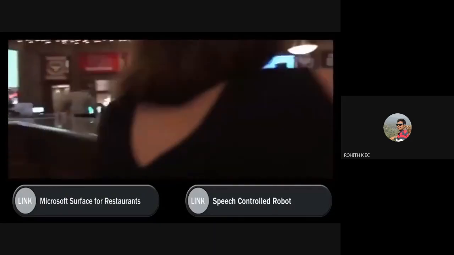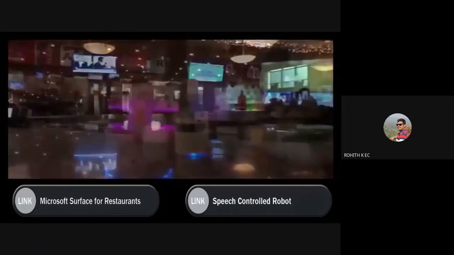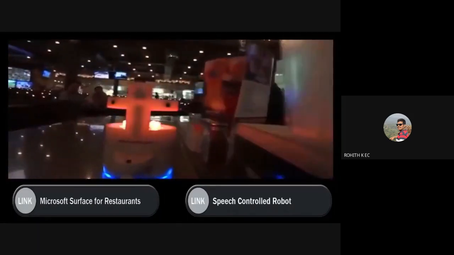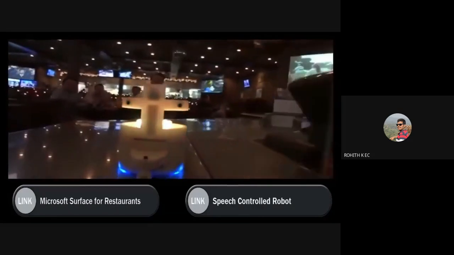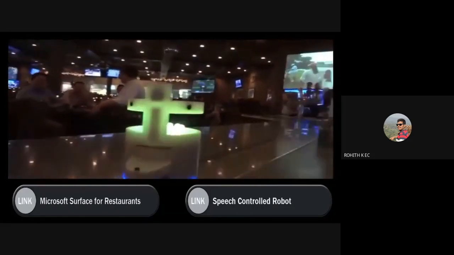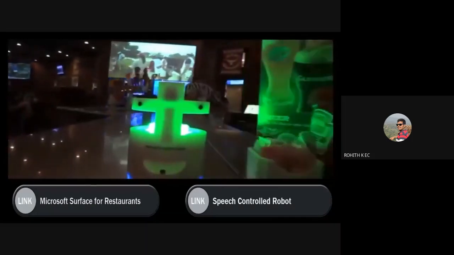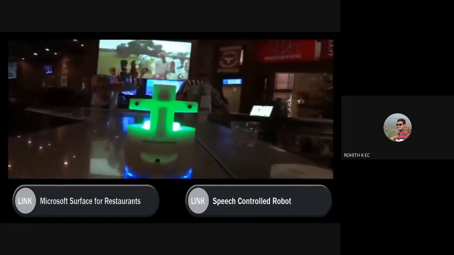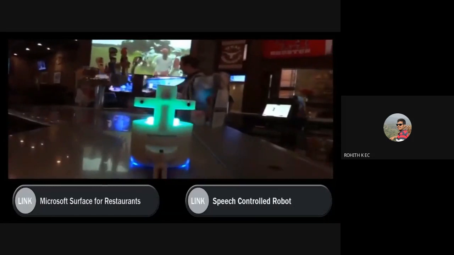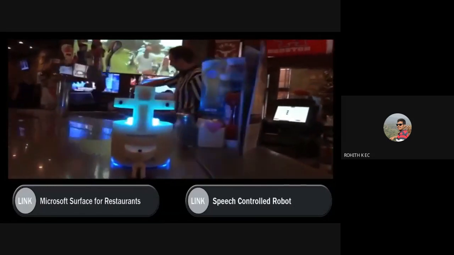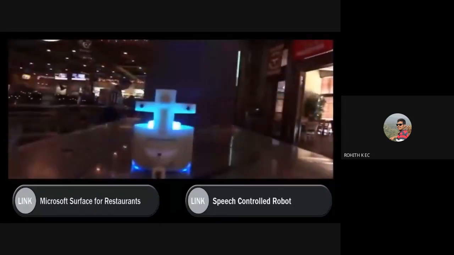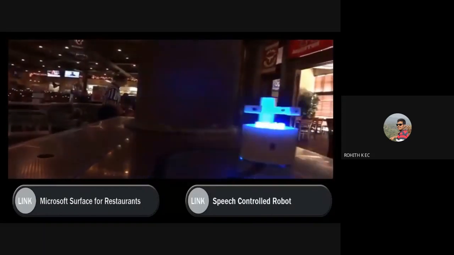So the robot will circle around to attract customers, and most of the customers look at this and they feel happy, and few of them do order drink just to experience how a robot will serve their drink, and then it will go and stay near the waiter.